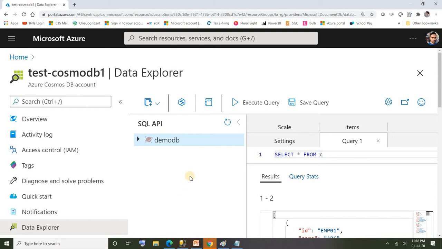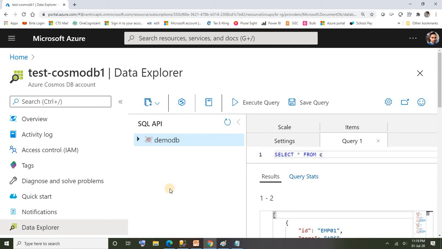Whether you are creating, updating or deleting the data, or of course fetching the data, all these activities have some cost involved. So if you don't want any container or item to be maintained in your Cosmos database, you can go ahead and delete it. But as I said, even for delete there is some cost involved.